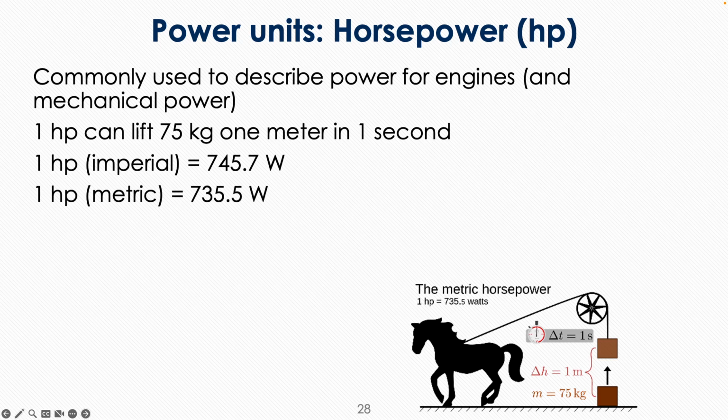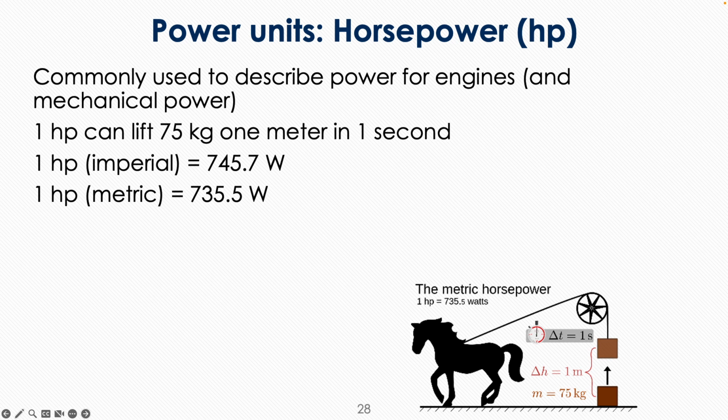There's also a metric one that is very close, 735.5 watts. So just so that you guys know, there is a slight difference in the terminology of horsepower. We won't really be dealing with horsepower too much, so you won't need to worry too much about this, but